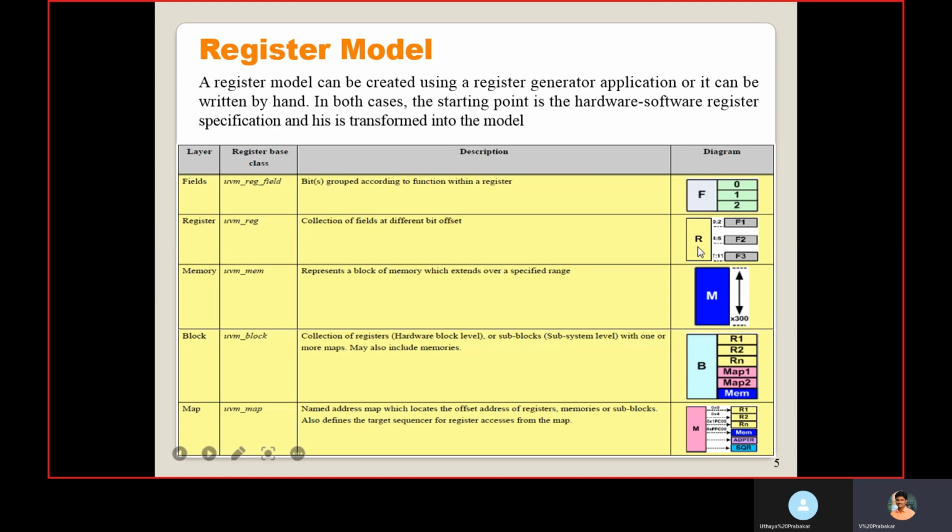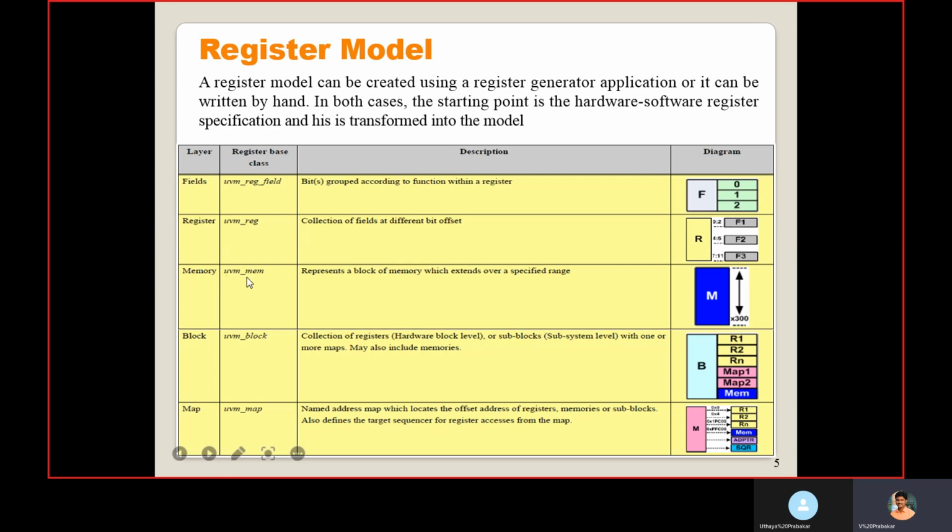For example, this register ranges from bit 0 to 11, so it can hold 12 bits. This is the LSB field, F1, from bit 2 to 0. So 3 bits are the F1 field. Then bits 4 to 5, these 2 bits, are the F2 field. Then bits 11 to 7, this range of bits, are the F3 field.